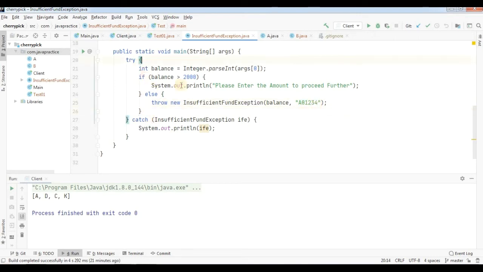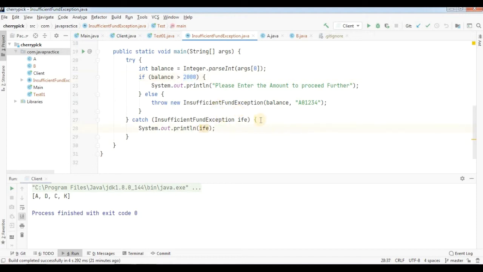Under the try block, if any problems occur at any line number, then the corresponding catch block will be executed. So I have given InsufficientFundException that should be handled by the catch block if any problems occur inside the try block, because you can see here at line number 25, this is throwing InsufficientFundException if the balance is less than 2000 rupees.